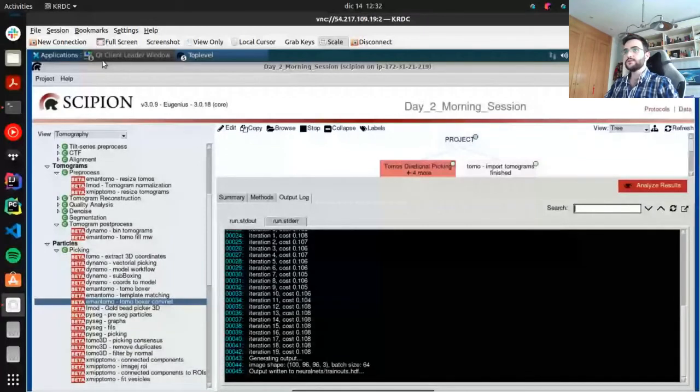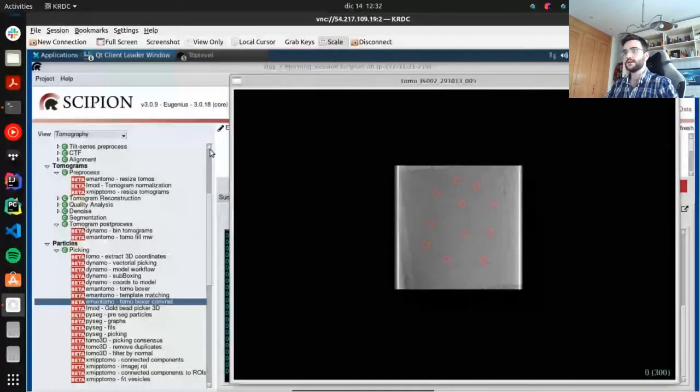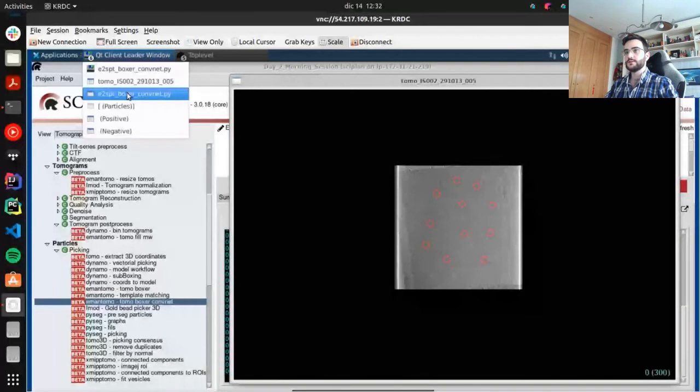If you want to apply your trained network, you have two different ways. I'm going to explain it. It also depends on whether or not you have a GPU. If you don't have a GPU, the protocol will run on CPU and training will be much slower. So the way to apply it is to go to this